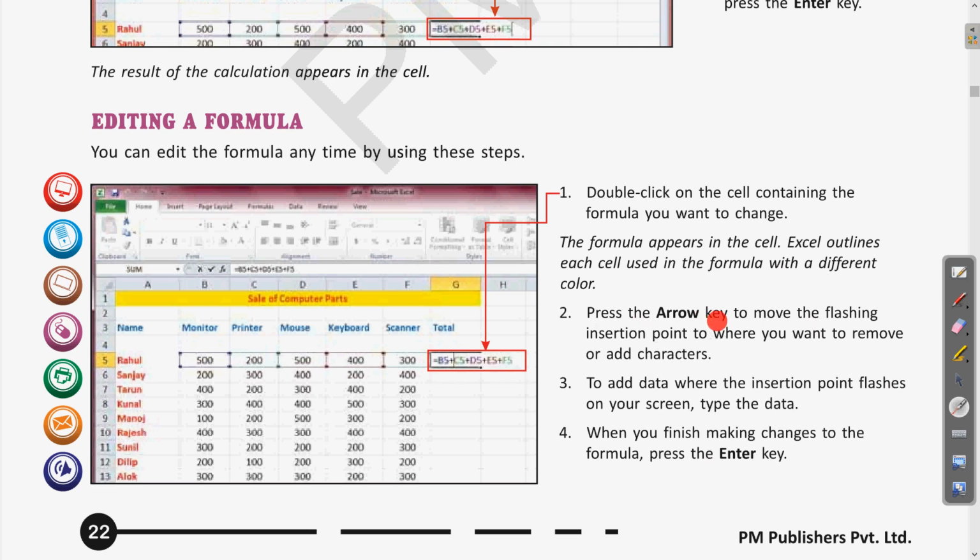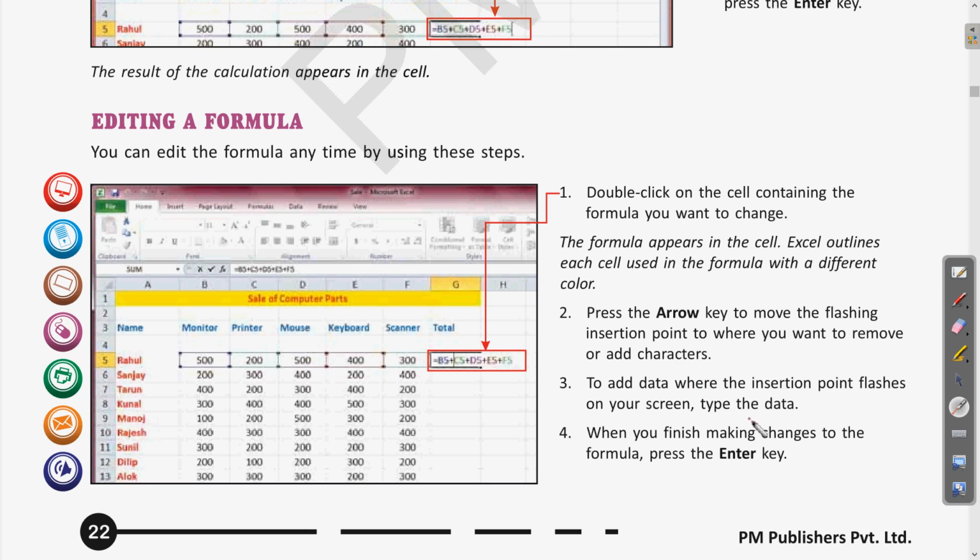Press the arrow key to move the flashing insertion point to where you want to remove or add characters. Clear? So you can use the arrow buttons from the keyboard, left, right, up and down. In this case we will use the left and right arrow keys. By using these arrow keys we can move the cursor, or the insertion point, to the point where you want to edit.